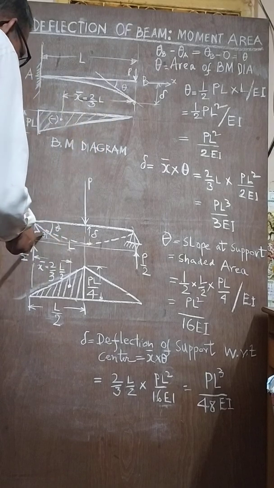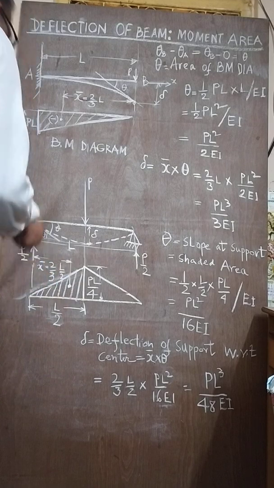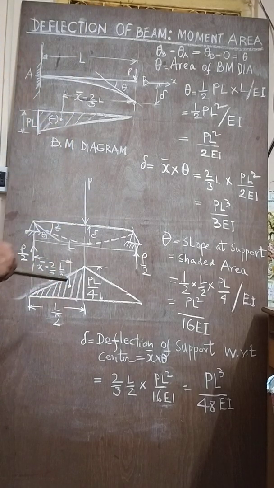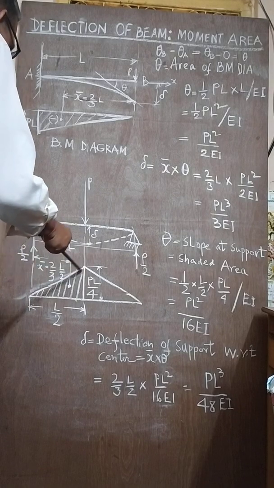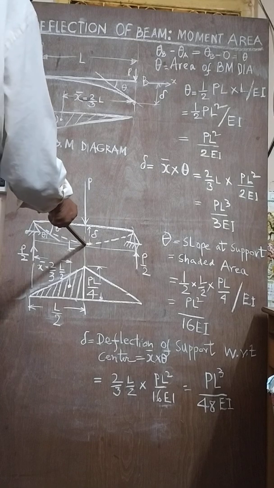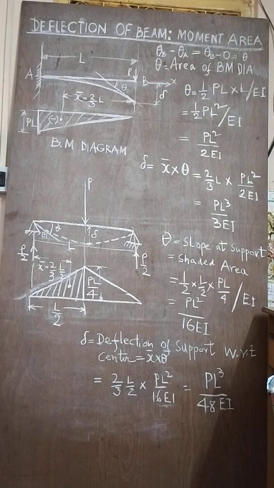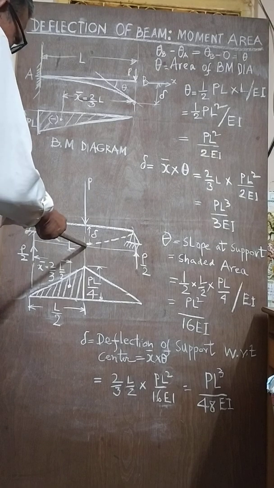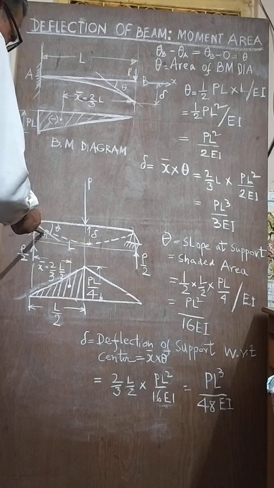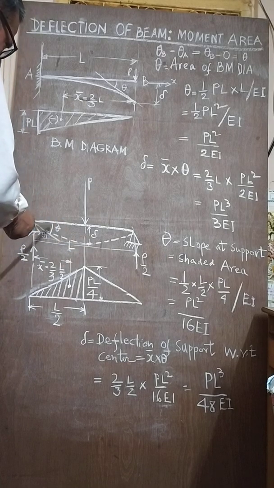So theta, the angle between these two points, is the area of the bending moment curve. This is the first theorem: under this curve, between this point and this point, this is the area. This is the highest deflection because it is centrally loaded. The beam will deflect here, and since it is the maximum deflection, the slope at this point is 0. So the slope difference between this point and this point is theta. If you draw a tangent here, theta is the angle.